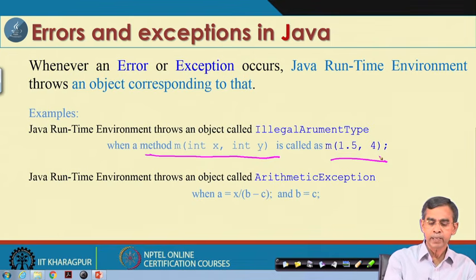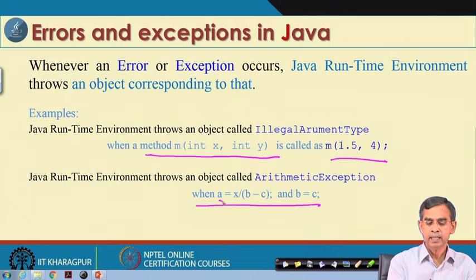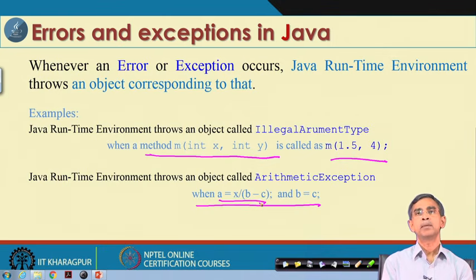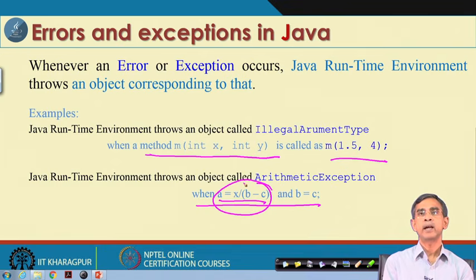As another example, whenever we perform an arithmetic operation like this one, and if suppose b and c, these two variables' values are equal, then it gives rise to an error called the divide by 0 error.